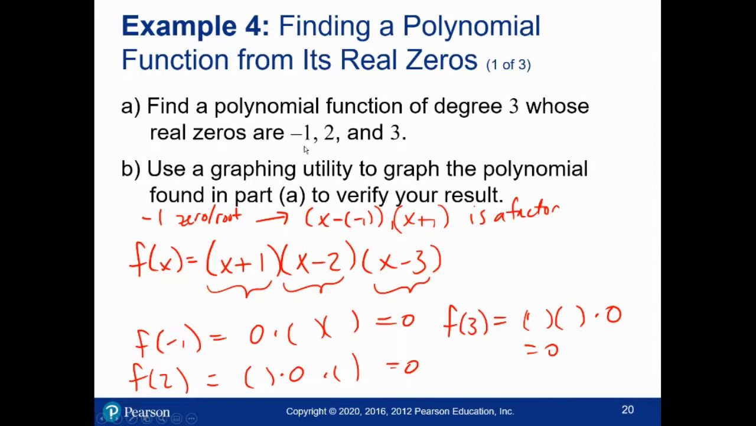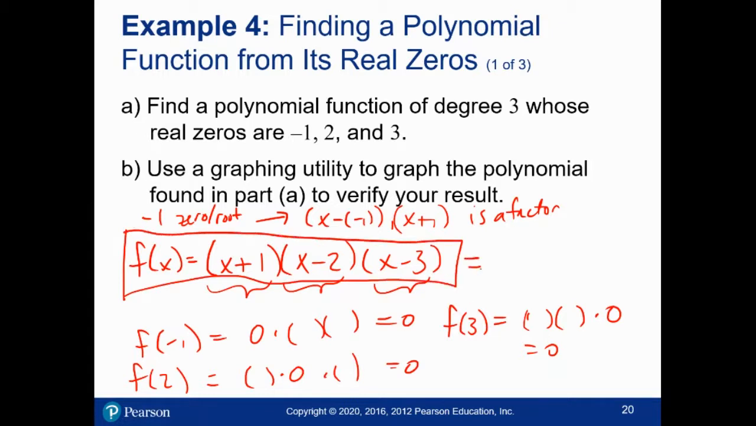Okay. Why is this a polynomial of degree 3? Notice I have 3 terms involving x. If I expand all of this out, it'll take some work, but eventually I'll have,